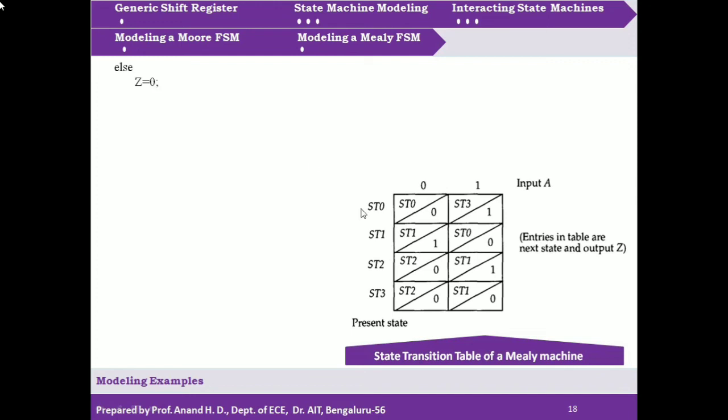Okay. Next state is what? State 1. So in state 1, if A, that is if input is equal to 1, then output Z is equal to 0, and next state is equal to state 0, and else, that is if input is equal to 0, then output Z will be 1, there will be no state transition, right? So next we have state 2, if not of A, that is in state 2, if input is 0, then output is equal to 0, else, that is if input is 1, then the output Z is equal to 1, and next state is state 1. Okay, that is how we have modeled state 2.